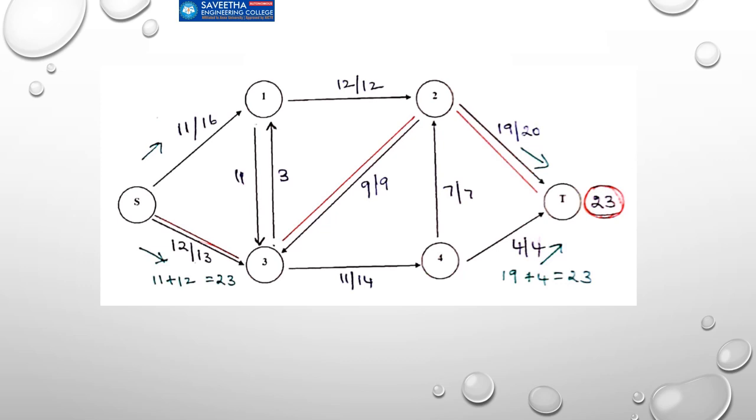And here when I see, this is 19, this is 4. So 19 is reaching here. From here also 4 is reaching. So 19 plus 4 is 23. So what started from the source has comfortably reached the destination or the sink. So what was 23 here is being received here. So this is the maximum flow that can be reached. This is one validation which we can do to verify if we have completed the problem in the right manner.